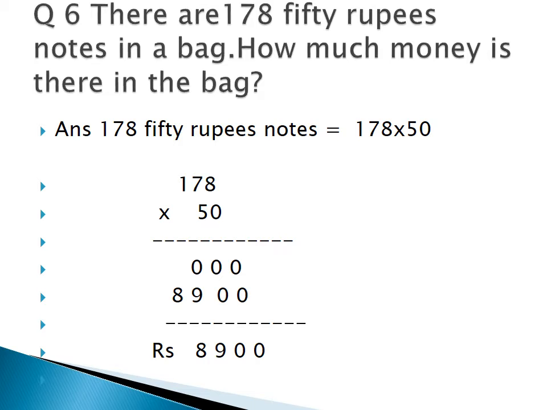Let's start. 0 multiplied by 8 is 0. 0 multiplied by 7 is 0. 0 multiplied by 1 is 0. Put cross under the unit place number. Start multiplying with the tens place number. 5 8s are 40. Carry 4. 5 7s are 35 plus 4, 39. Carry 3. 5 1s are 5 plus 3, 8. Now add 0, 0. 9 plus 0, 9 and 8. 8, 9, double 0.